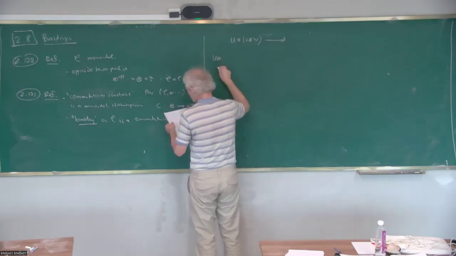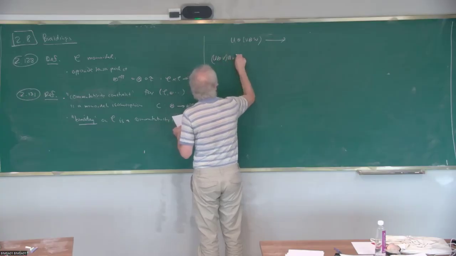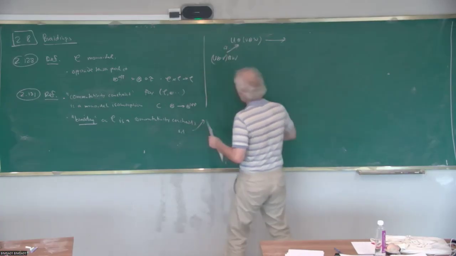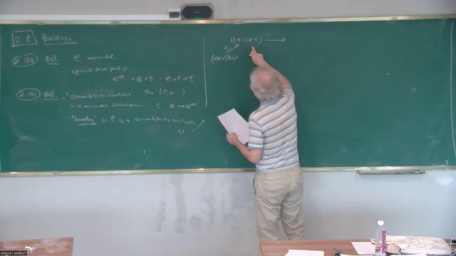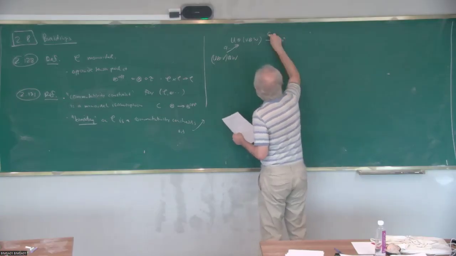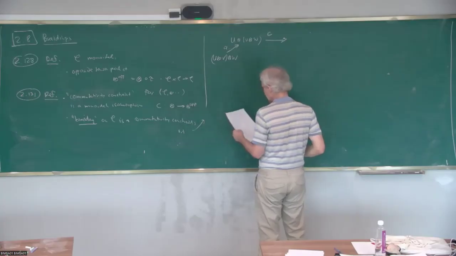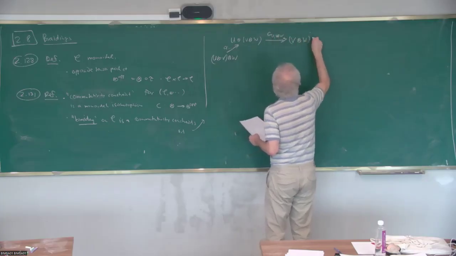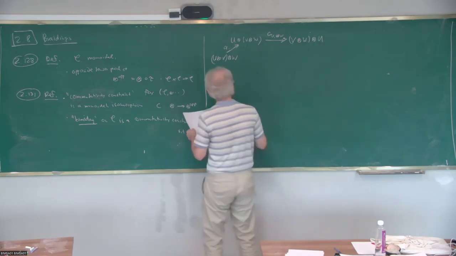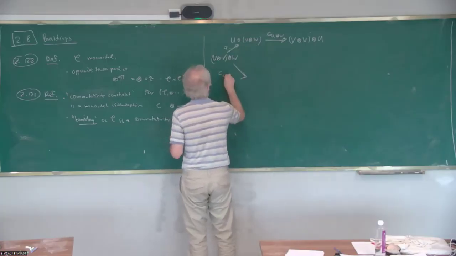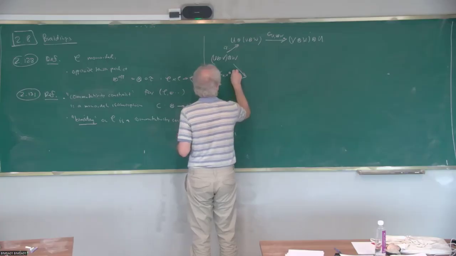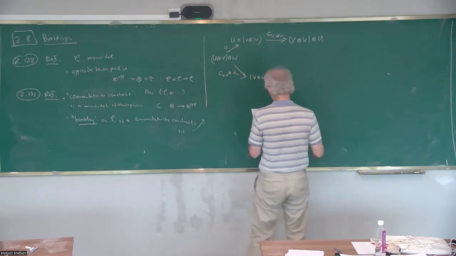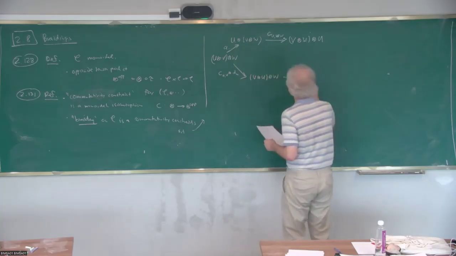If we consider U tensor V, tensor W, and then take the associator with appropriate labels to change the bracketing, and then here apply the commutativity constraint for U and V tensor W, so that we get to V tensor W tensor U, and here apply it in the first two arguments tensored with the identity. Then we get to V tensor U tensor W,